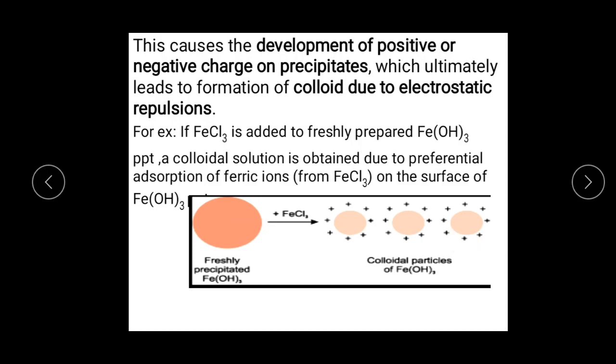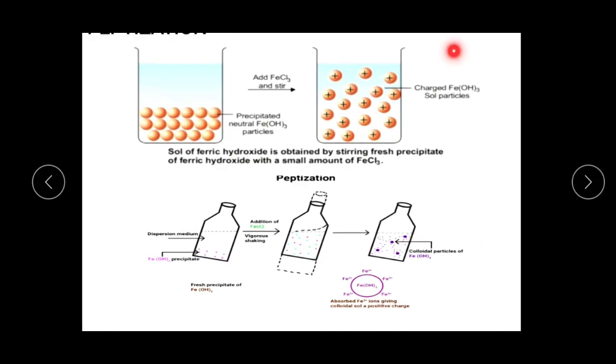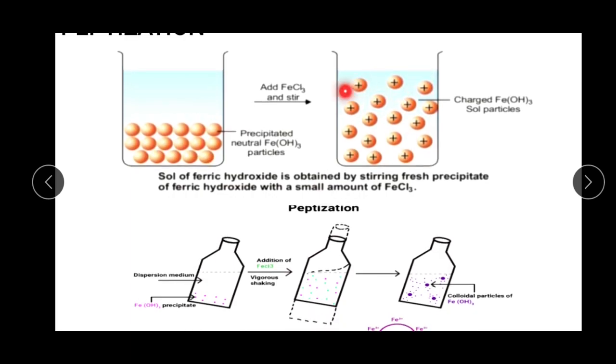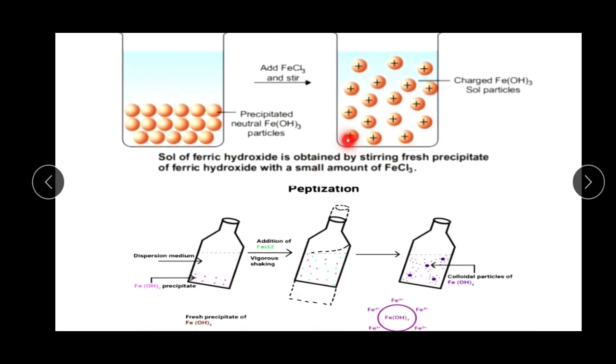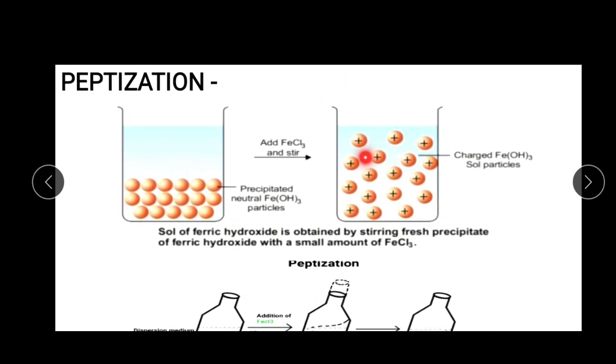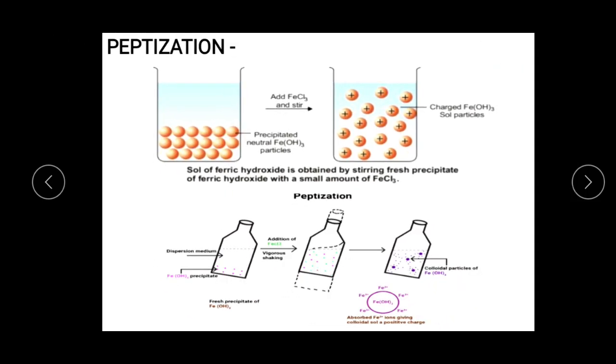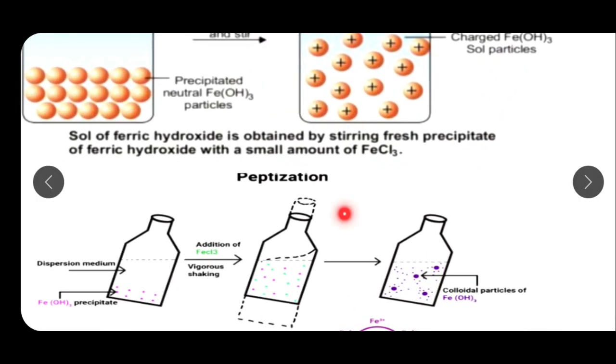Now after this example, we move on to the next picture. You can see the precipitate here and you can see the colloid here. See the difference. These particles will not settle down. But a precipitate is already settled down, they aggregate. So here ferric hydroxide is there, we add ferric chloride and we get the colloid of ferric hydroxide precipitate. Now here one more picture is there.